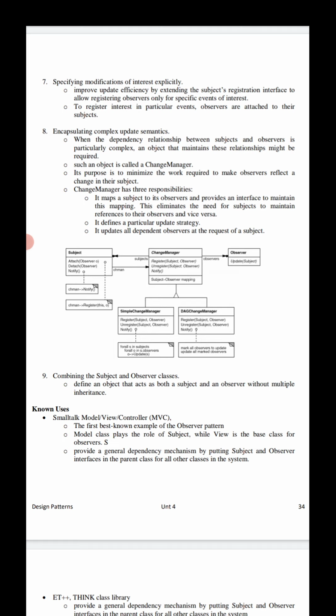Whenever such an event occurs, the subject informs only those observers that have registered interest in that particular event.